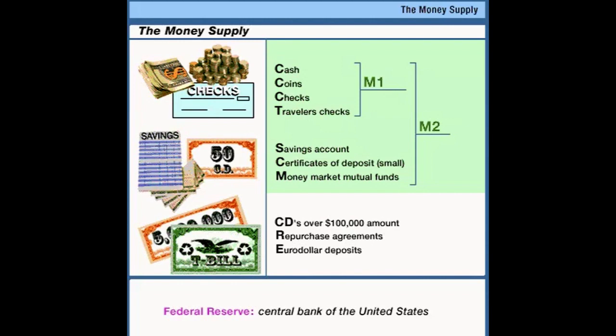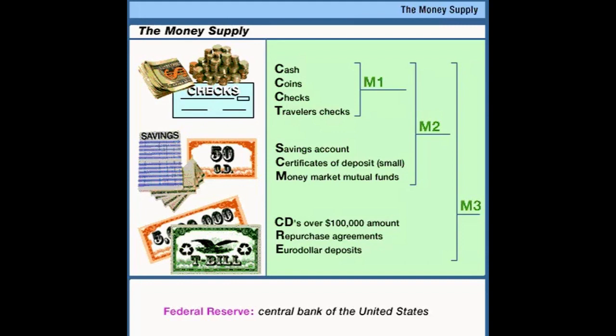These larger and less liquid, that is harder to convert to cash, forms of savings are part of M3. M3 is the broadest measure of money that the Fed tracks in its effort to figure out how much stuff is actually available to support shopping. So M3 includes everything that's in M2 as well as larger CDs, that is CDs in amounts over $100,000, repurchase agreements, the money market mutual fund shares that are held by businesses and pension funds, insurance companies, and other financial institutions, as well as Eurodollar deposits, that is